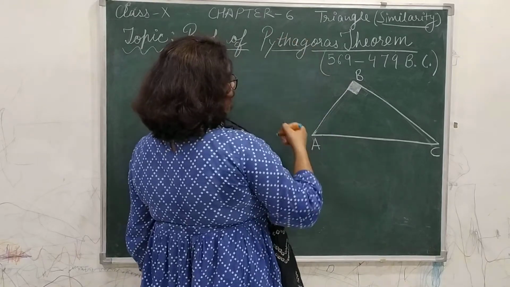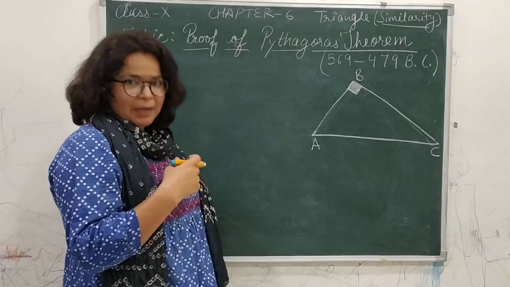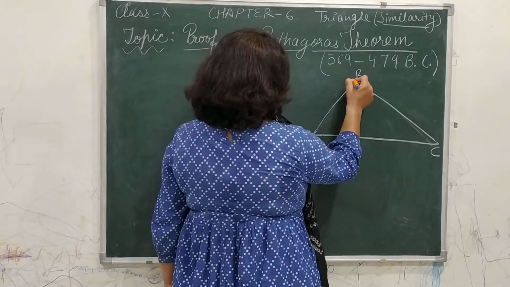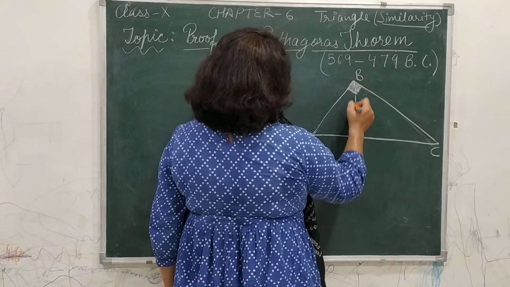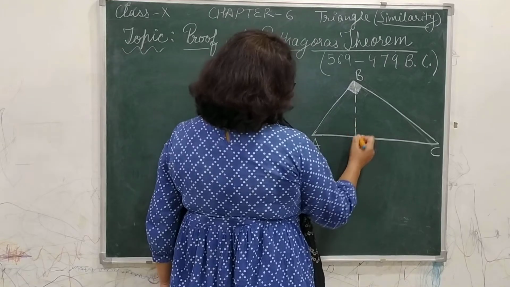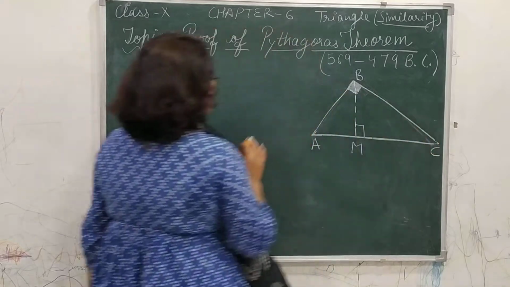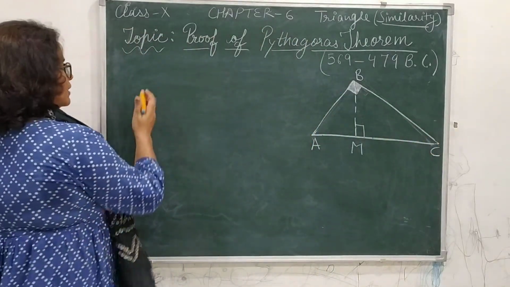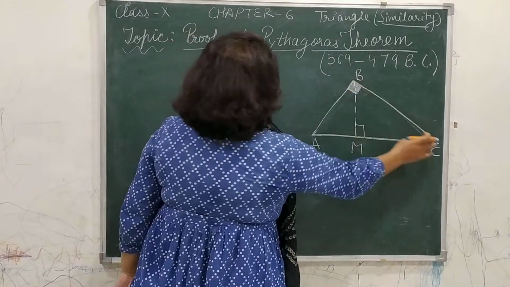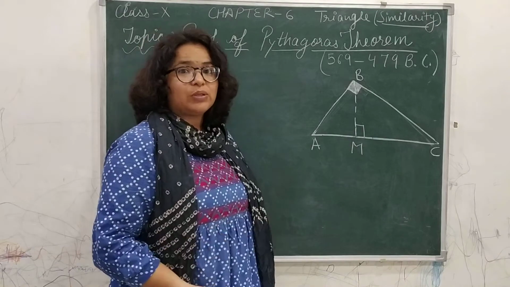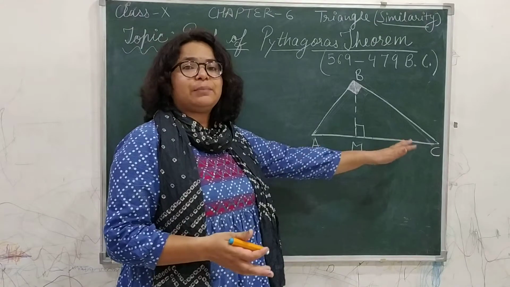Before proving this result, I will prove another small result that is very useful in proving Pythagoras theorem. For that, I need to draw a perpendicular from B, which is the right angle vertex, on the hypotenuse. So let BM be drawn perpendicular on the hypotenuse AC. And what are we going to prove here? That we got two triangles, BAM and BCM, and you know what is amazing about these two? They both are similar to each other and they both are similar to the bigger triangle ABC also.